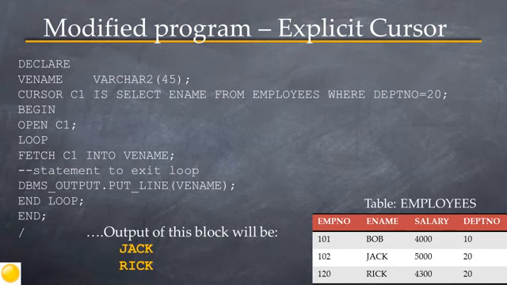Now, here is a program that was initially discussed in this tutorial. I have made some changes to it to incorporate the explicit cursor. The program now reads as: declare v_ename varchar2(45); cursor C1 is select ename from employees where deptno = 20; begin, open C1, loop, fetch C1 into v_ename, followed by a statement to exit the loop, dbms_output.put_line(v_ename),